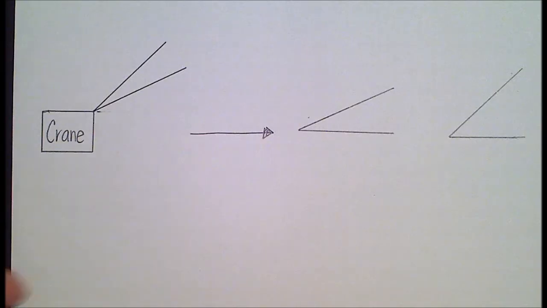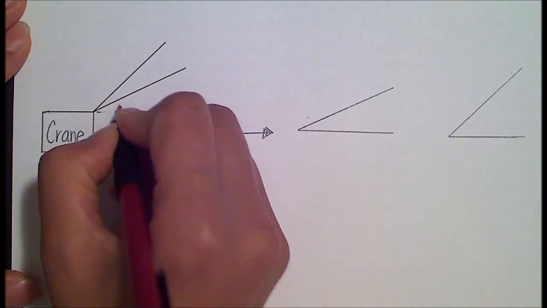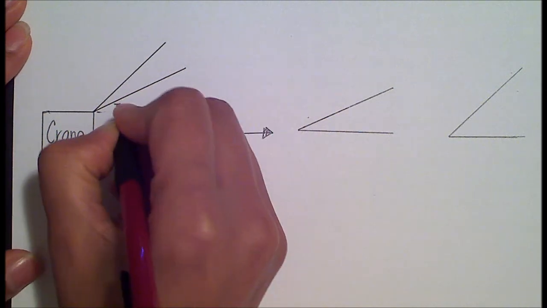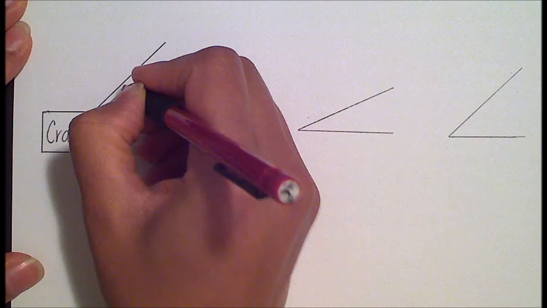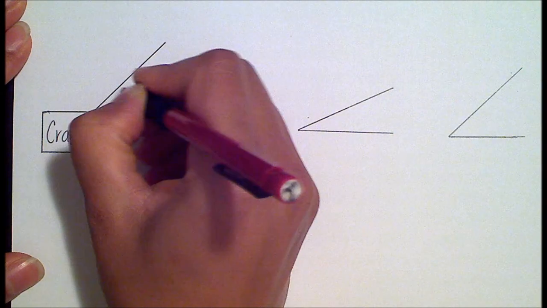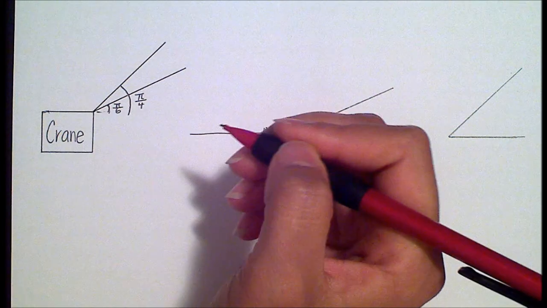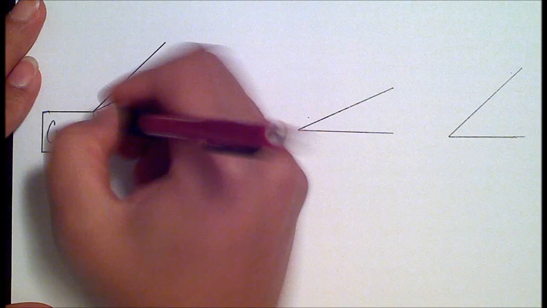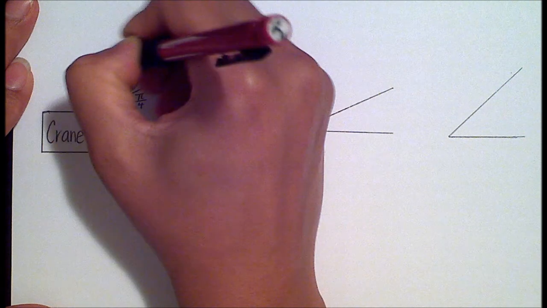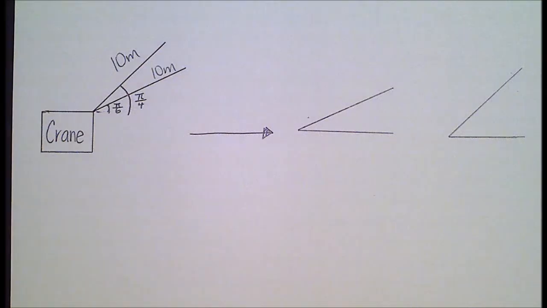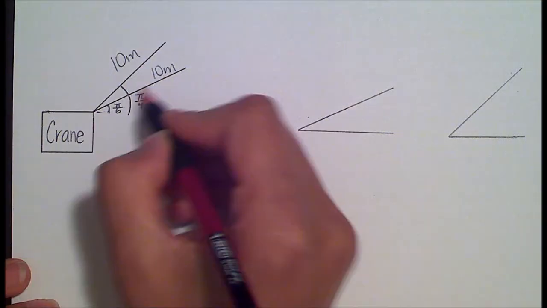And what I know is that the minimum angle that can be made is pi over 6. And the maximum angle that can be made is pi over 4. Okay? And I'm also told that the arm of the boom is 10 meters long. So this diagonal distance here is 10 meters. Okay? So depending on how the crane is moving, it can move at a minimum angle of pi over 6